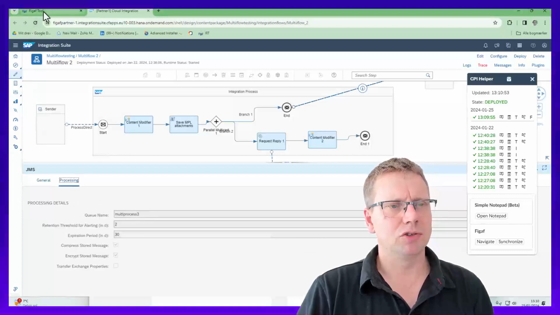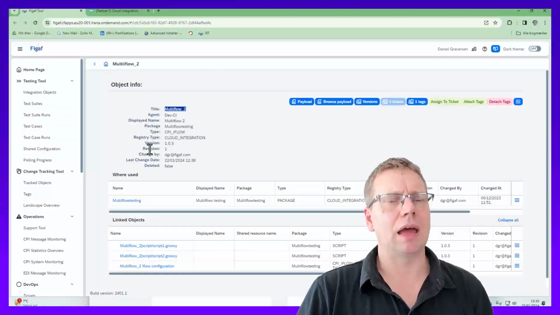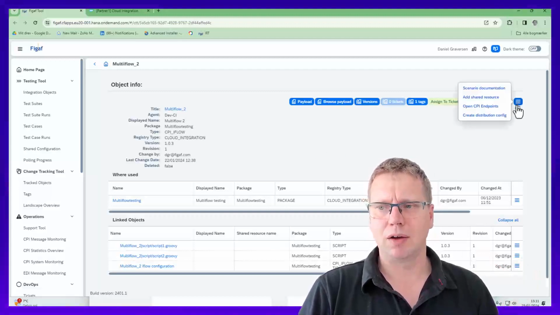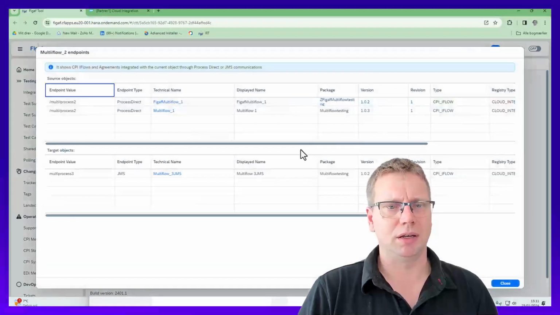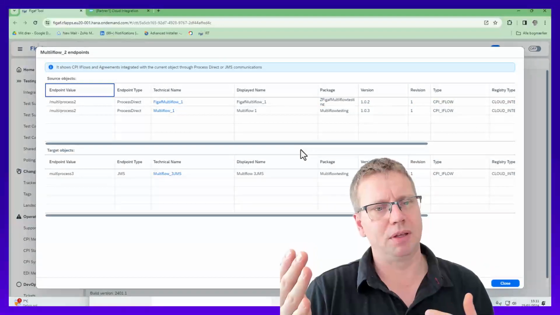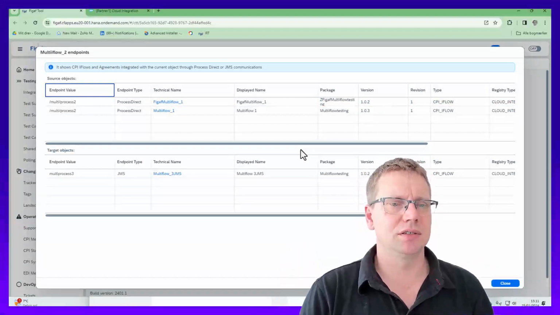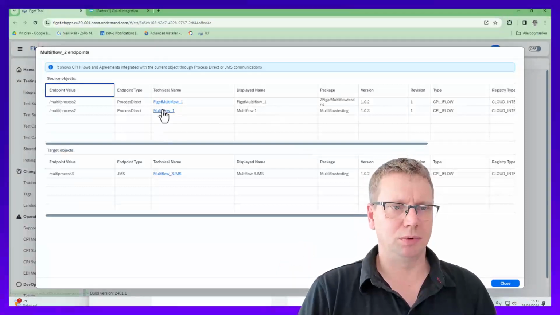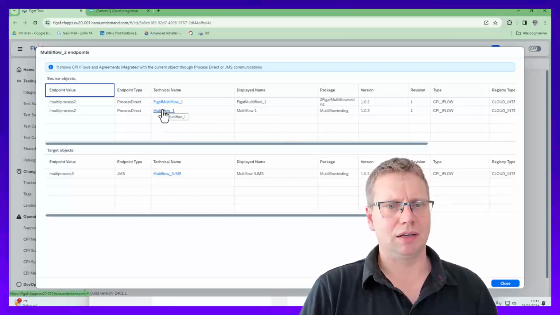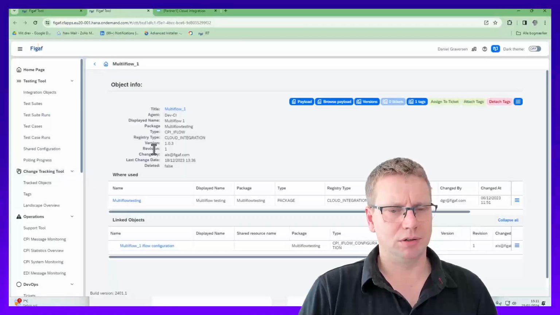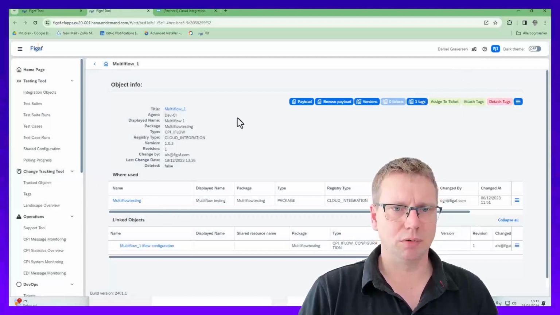Okay, so the idea is that first off we need to understand what's going on here. One of the ways we have is that we have this OpenCPI endpoint. This will show you all of the places where the message is sent to and is being processed via this. And we can see here we got this multiflow 1 that is configured. So we can take this one, go here in the tool,